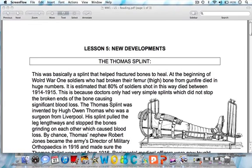New developments. The Thomas splint. This was basically a splint that helped fractured bones to heal. At the beginning of the war, soldiers who had broken their femur, their thigh bone, from gunfire died in huge numbers. It is estimated that 80% of soldiers shot in this way died between 1914 and 1915. This is because doctors only had very simple splints which did not stop the broken ends of the bones,